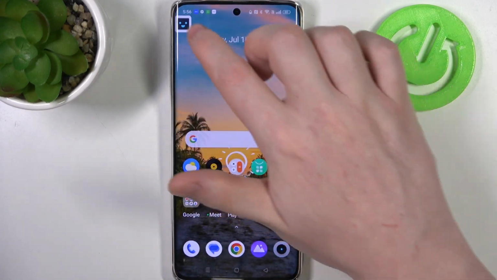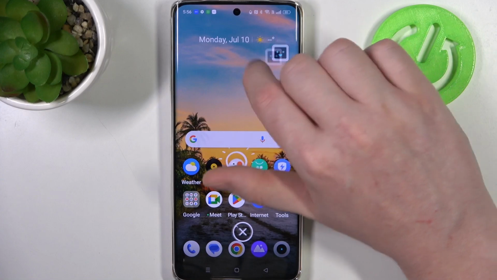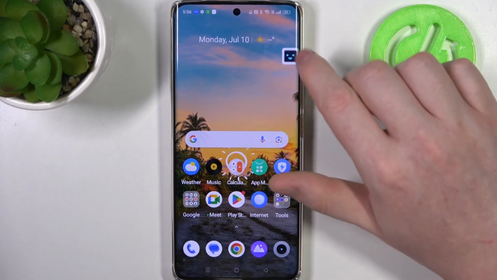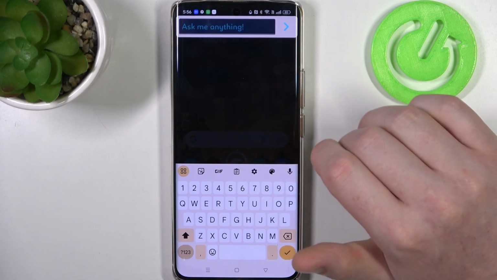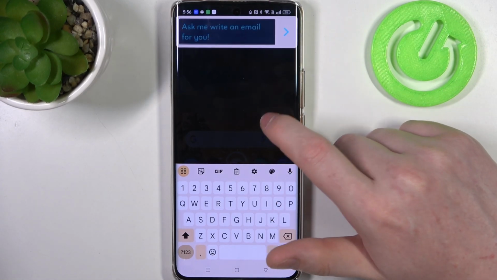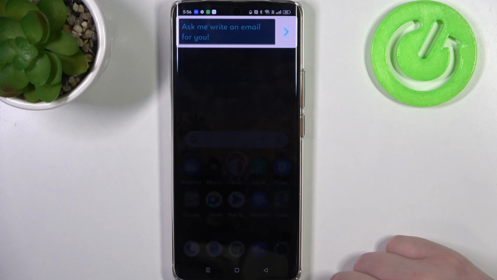And from here, this floating app will show up on your screen. You can move it around. And if you click on it, it will open a chat. You can ask anything. Now, if you want to close it, you will need to first hide the keyboard and